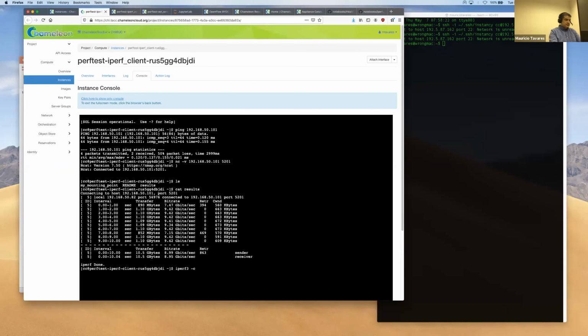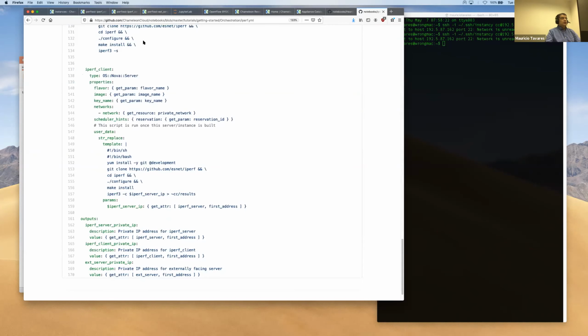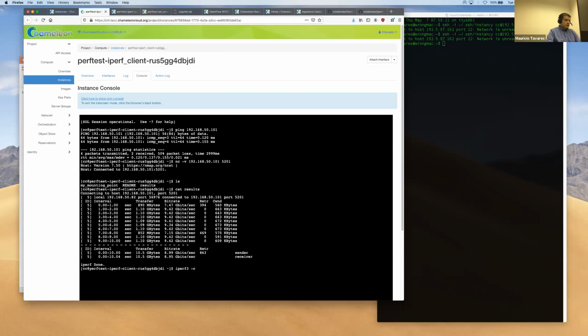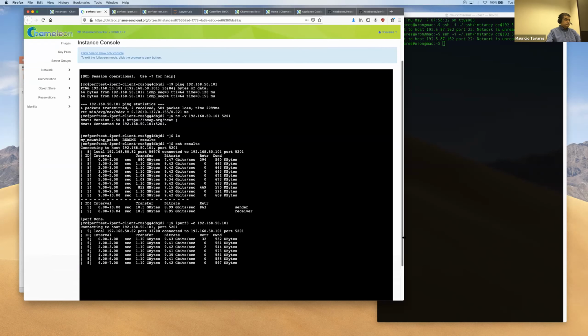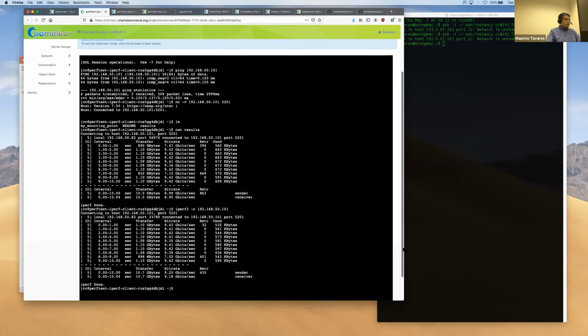I'm just running the same command that the script, the template, already ran, to compare the results. But yes, I can run it manually, but why should I run it manually when I have a perfectly good script that can run it, put it in a file, and then I can use